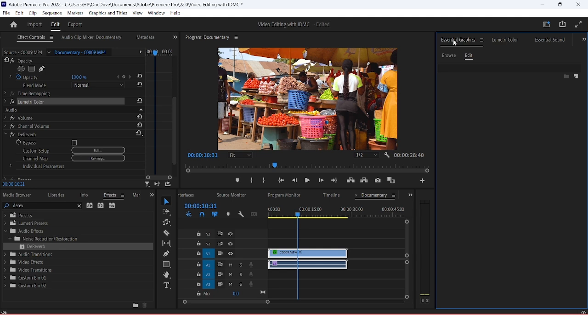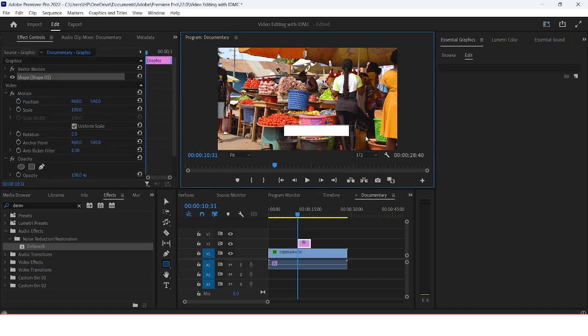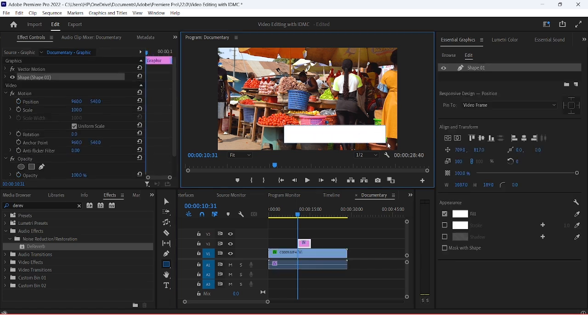So Essential Graphics is empty now. Why? Because we do not have any text on our timeline. So to do that, I taught you in the timeline that you can use the type tool to create text, or use the shape tool to drag and get a shape onto your video. So I'm going to select this rectangle tool. I'm going to put a white line here,